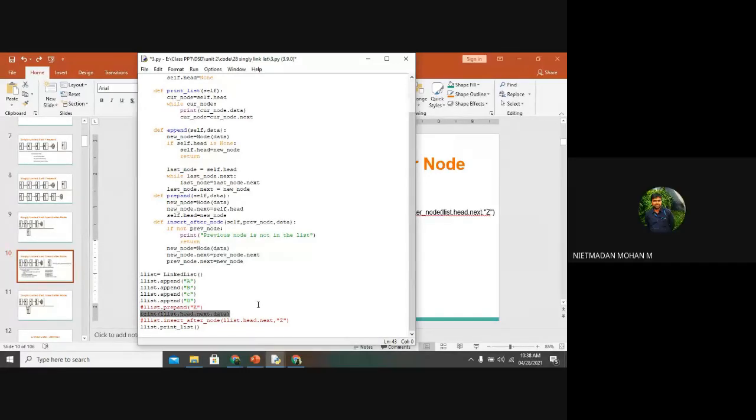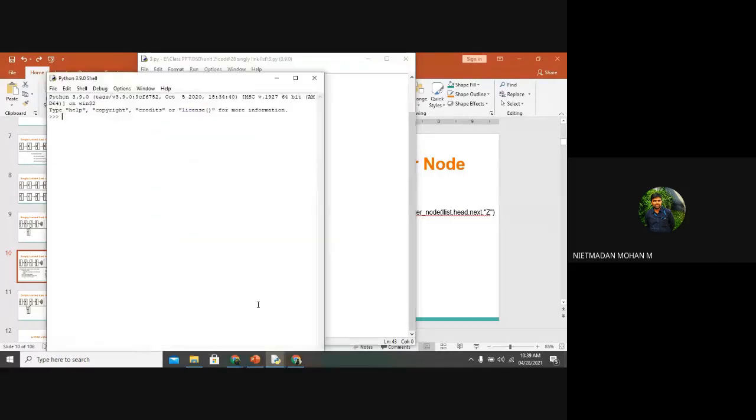B. Yes, L list dot head is A, and the next value is B. That B node consists of the data B, so it will be displayed as the result B.